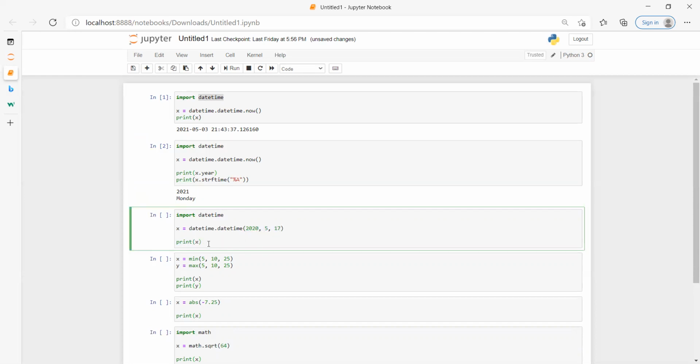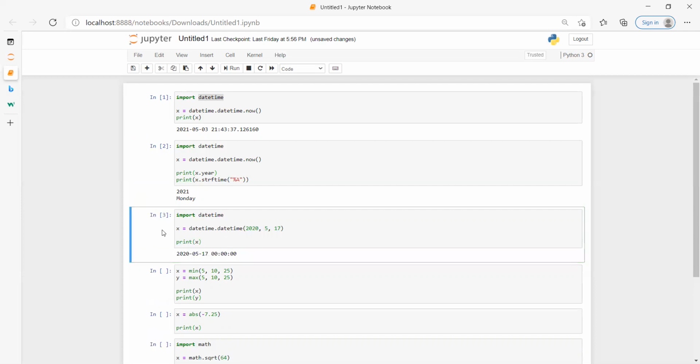Here is how you mention it: datetime.datetime and mention the input in this format. 2020 is the year, 5th is the month, and 17th is the date. Since we haven't specified any time over here, it shows 000000 for hours, minutes, and seconds. So this is datetime.